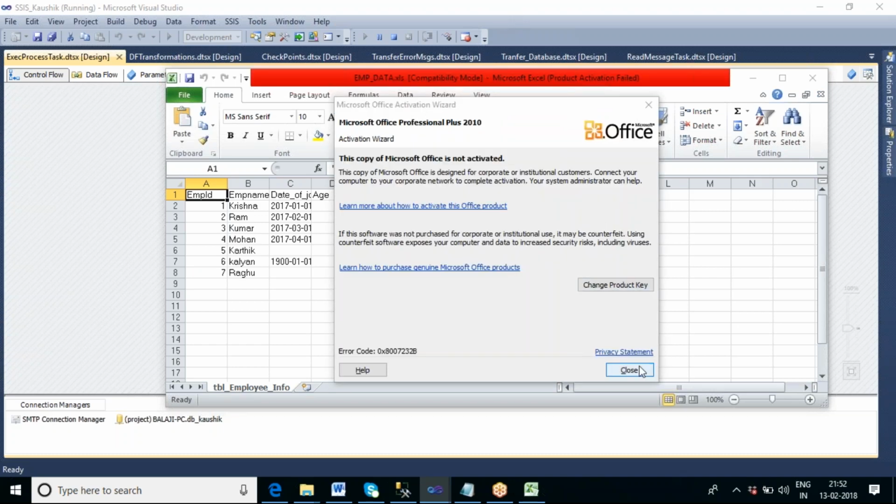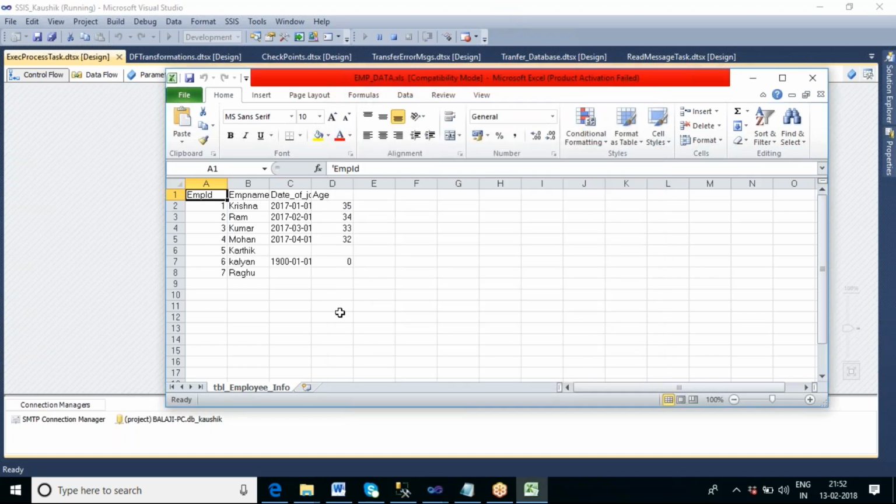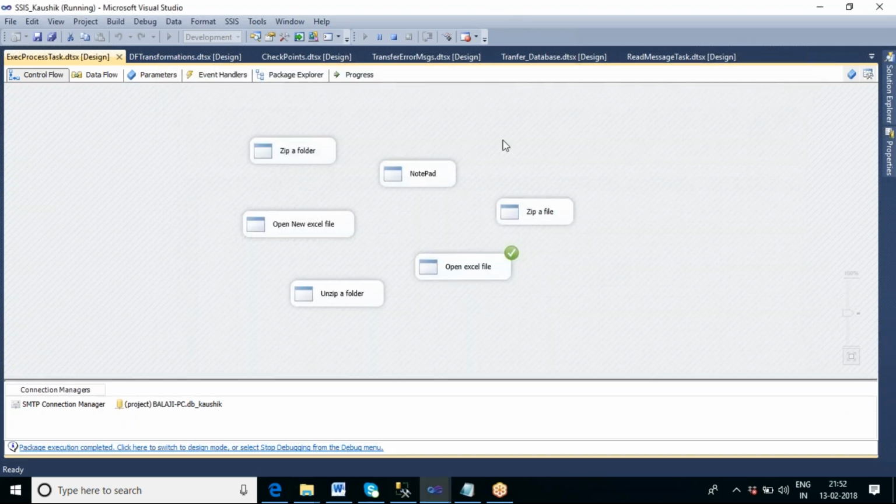Now you can see we are able to open the file here. Okay, so code wise nothing is different. I have just specified the same code here. Whatever code I have specified in our solution, the same code I have specified here also,